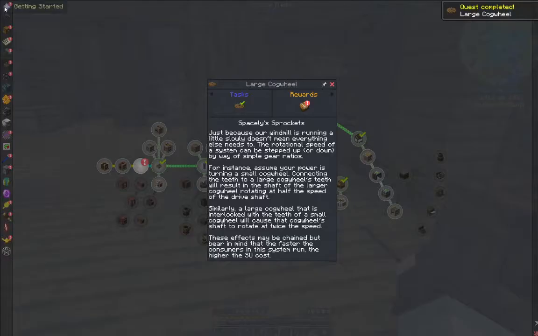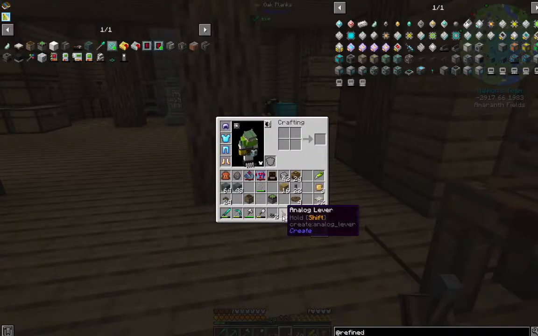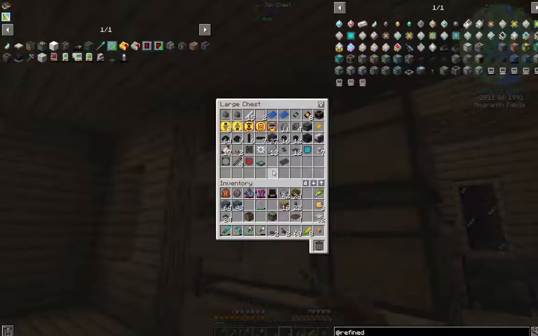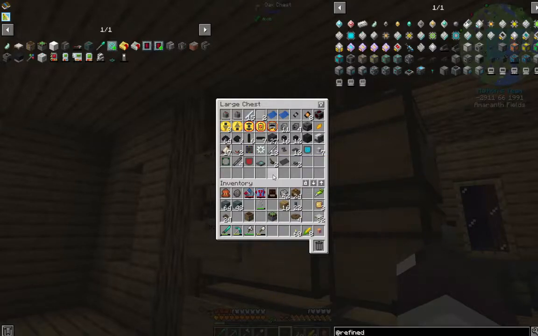Haha. Large cogwheels. And we'll get another rare. What do we get? What did we get this time? Analog lever. These are neat. It gives you precise control over what you want the power to come out of your lever. It's pretty awesome. We're going to use these large and small cogwheels because we'll be using them to increase